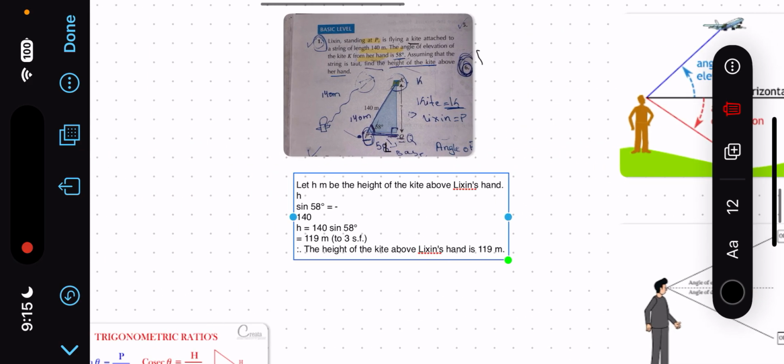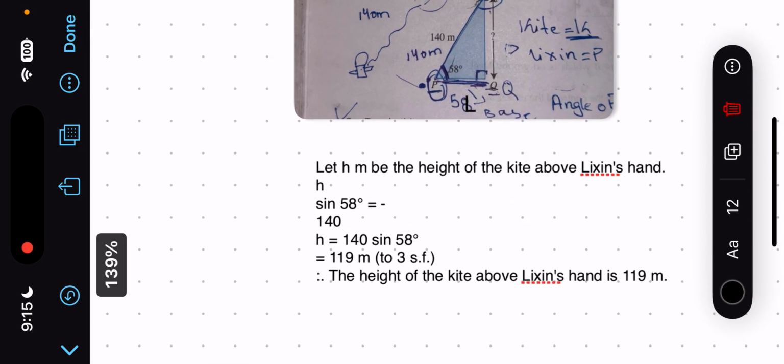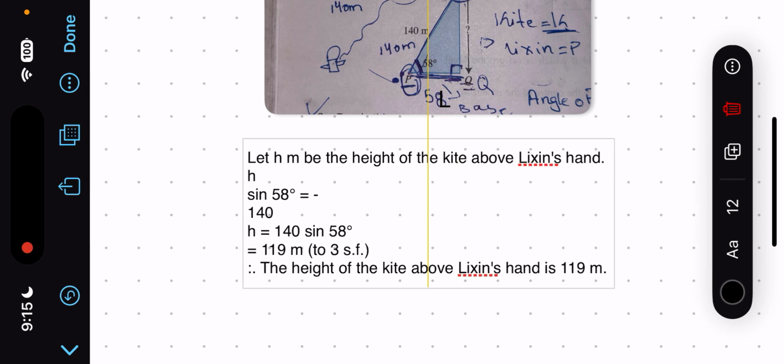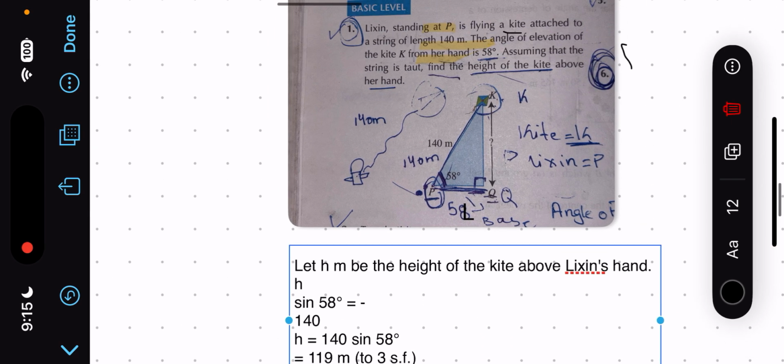Here is the answer. Don't take it as difficult. It's really easy. As we know that we have to find